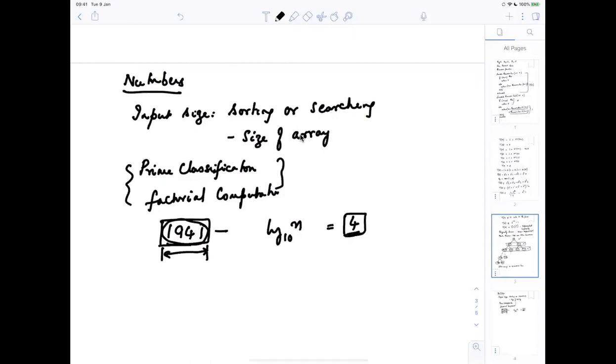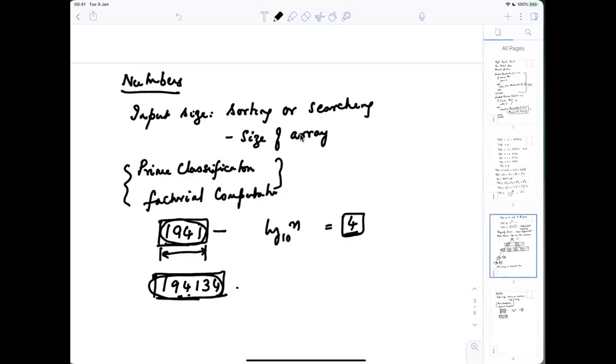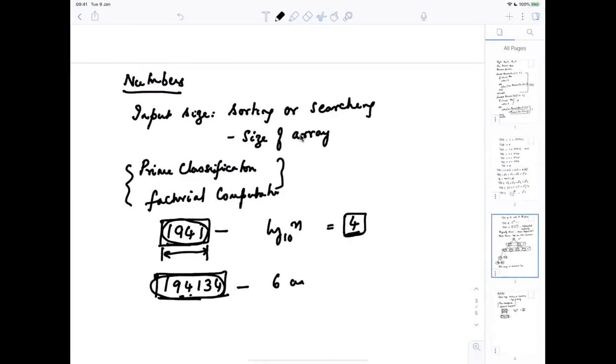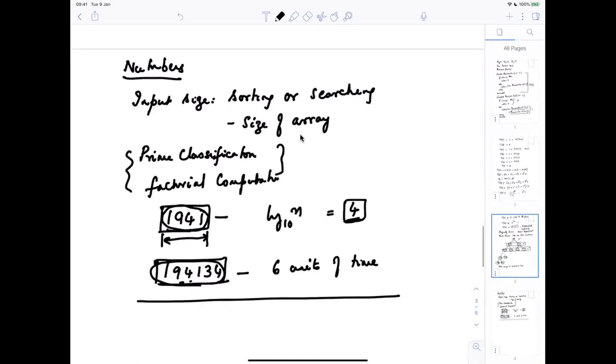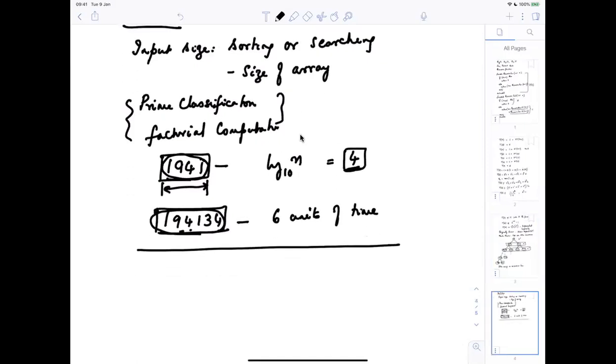For both prime classification and factorial computation, you count by the number of digits it takes to write a given number. So if you want to say that something is linear, let's say I'm doing prime classification of this, and I want to say that the solution is linear, that means it takes 6 units of time. Okay. This is beyond the scope of this particular course. You will learn various algorithms which look at the size. So we'll stop here on this particular topic, and we'll come back to